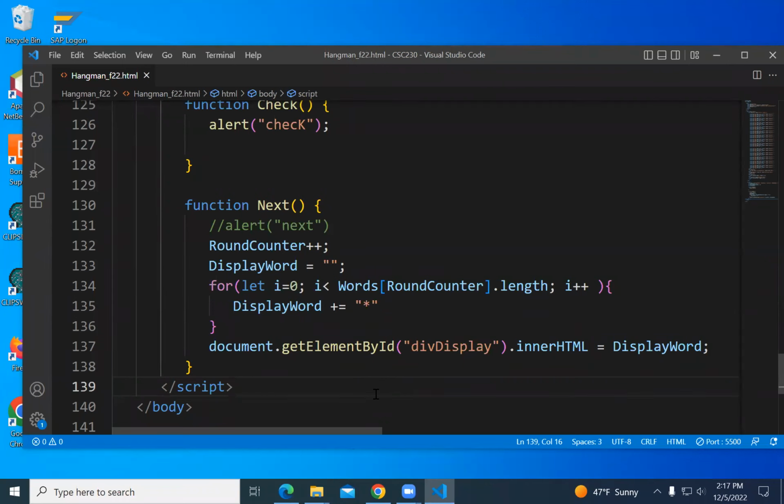If we force them to play this through until they either win or lose an individual game, then we're disabling next until they finish the round. Got to be careful about re-enabling it. So if we say there's check and there's next, and check is for playing a round, and next is for moving on to the next round.